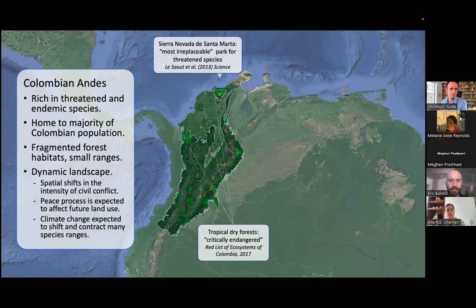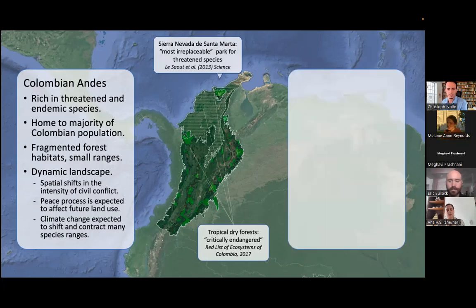Now, in addition to its relevance for biodiversity, Colombia is also a really fascinating location to study conservation interventions. And that is because,